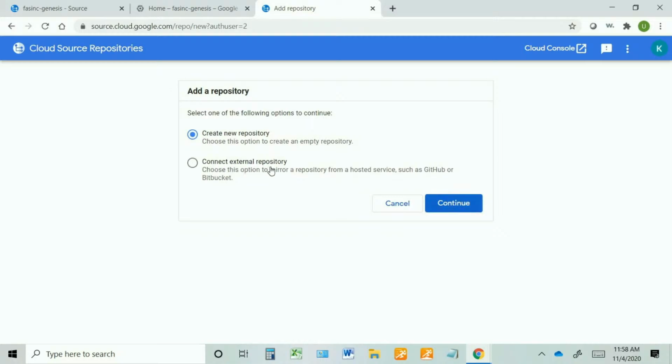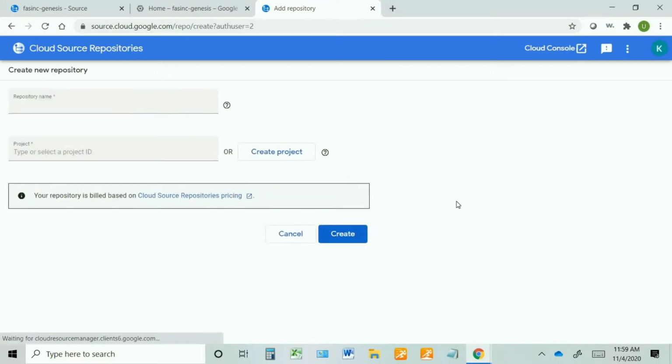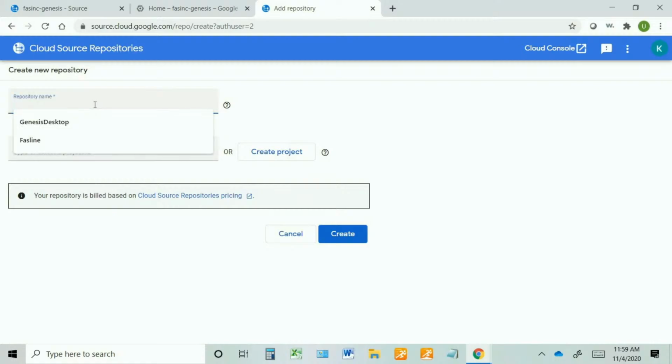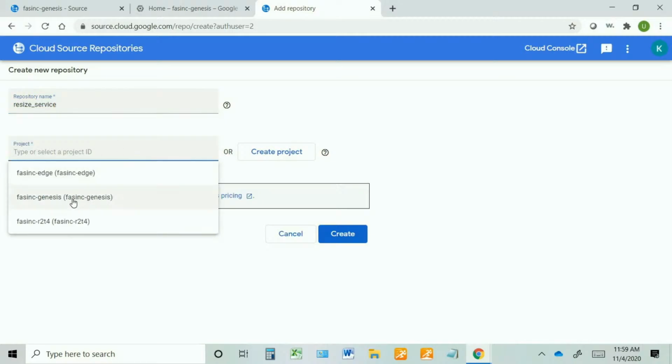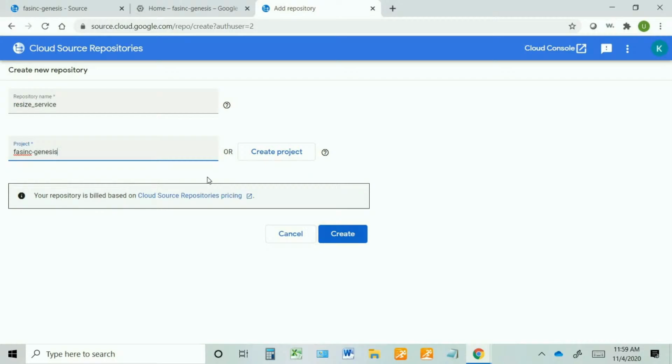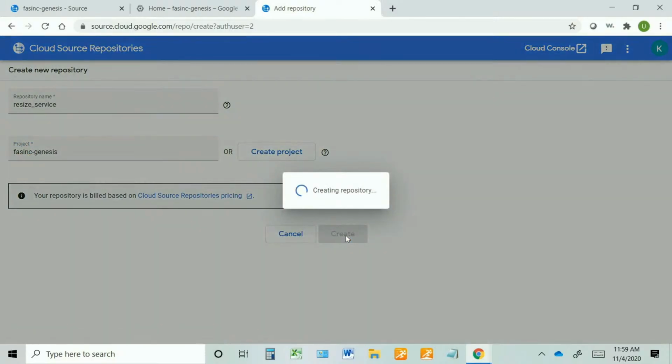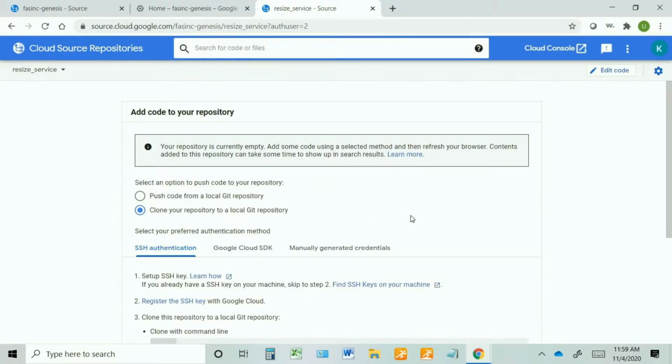This connect to external is obviously if you're going to move something from like GitHub or something like that. You can select that and you can move it over. But we're going to create a new one. Continue, repository name, we'll say Resize service. Project, again, you click in here and it'll give you your options. I'm going to select one that I'm already using, or you can create a new one here as well. So we will click create. And here we go. Now our repository is created,